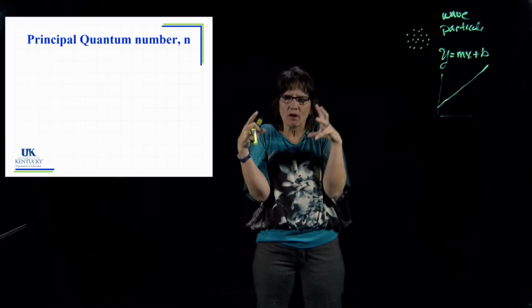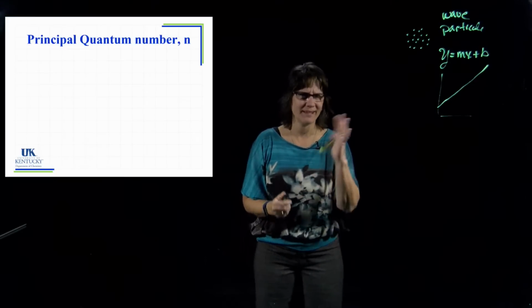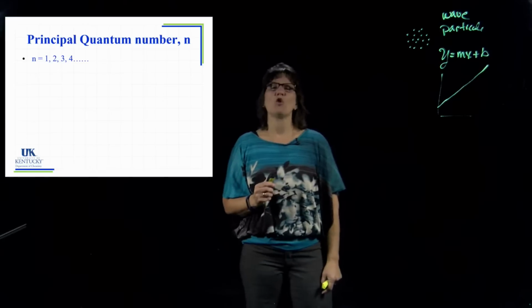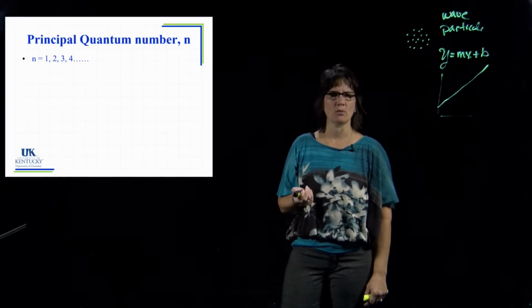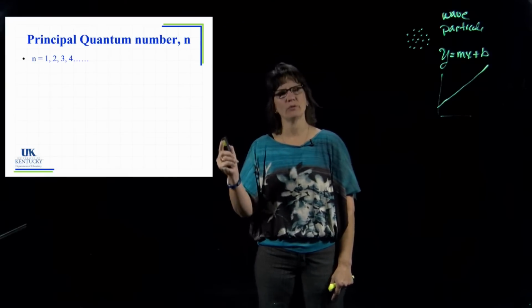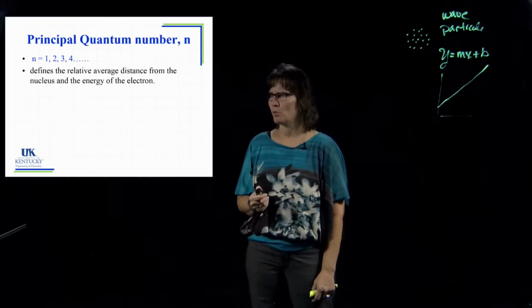We've got to narrow in our focus as we go, but it's the first kind of, what campus are you on? It's that broad, okay? The values of n we've seen before when we talked about Bohr's hydrogen atom and the model there. He used these quantum numbers, n. And n starts with a value of 1, and then it goes to 2 and 3 and 4. So they're whole numbers, or integers, up from the number 1.